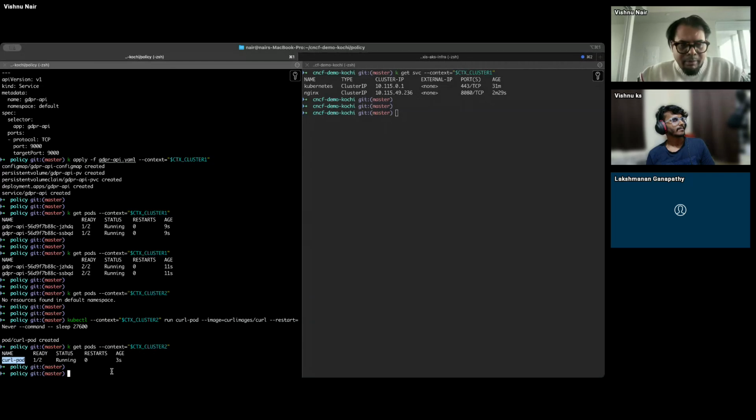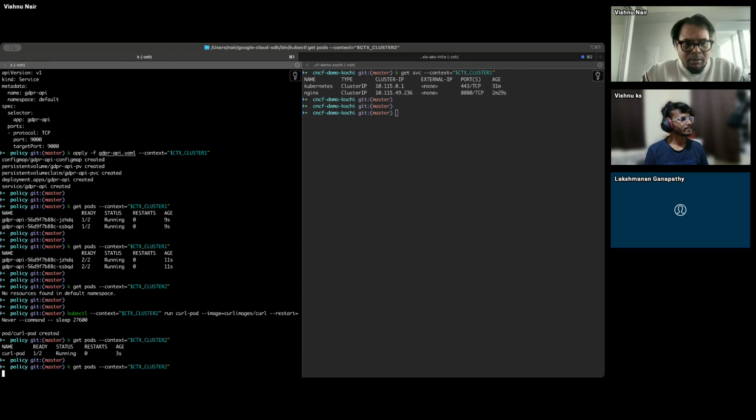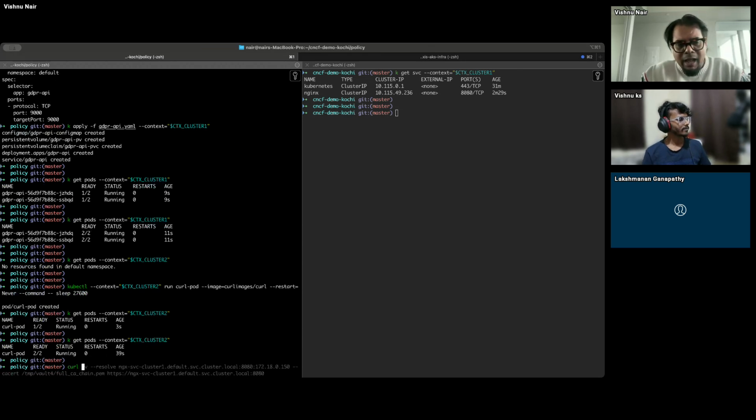So from the data rules and regulations on cluster 1, because cluster 1 is in the Europe region, imagine cluster 1 is in the Amsterdam region, and they have to follow GDPR and data sovereignty. It shouldn't leave the Europe region, and cluster 2 is in the US East region. So the US East region shouldn't get any PII data. But if you are not applying any policies, for example, now when you have Istio multi-primary in place,